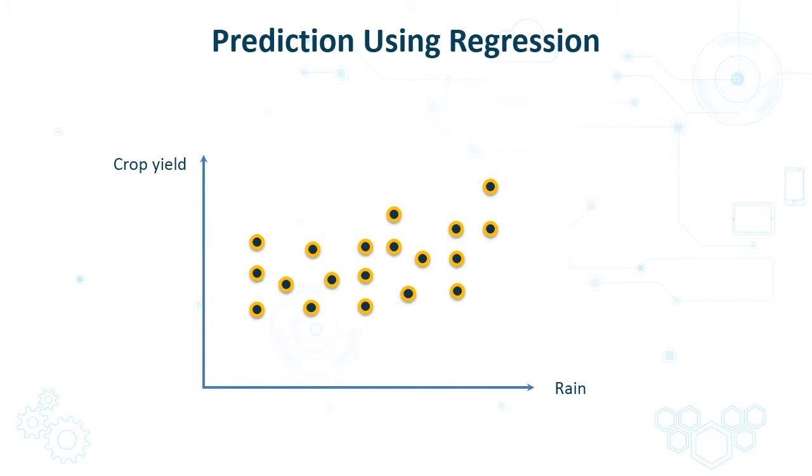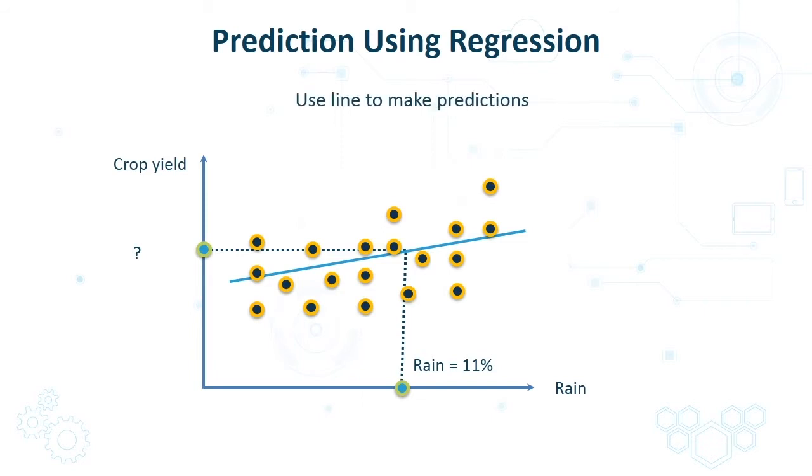The first step towards making such a prediction is to plot a regression line against the historical data. And we can use this regression line in order to make a prediction for the crop output for this particular season given the anticipated 11 inches of rainfall. So here we simply draw a vertical line from the value of 11 on the x-axis straight up to our regression line and then map it onto a y value. And this should give us the expected crop yield for this particular season.